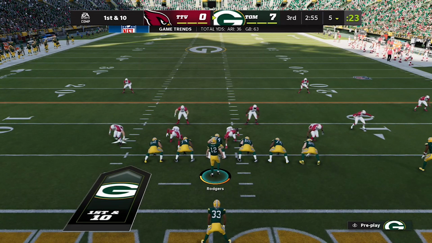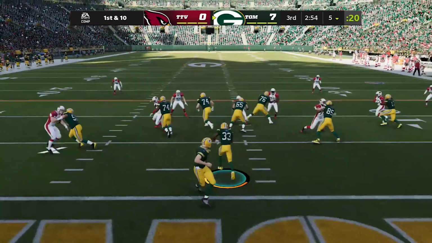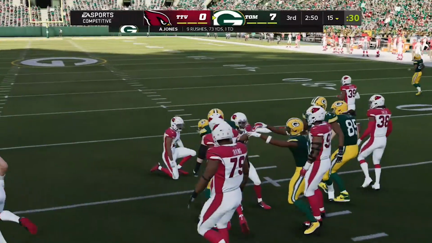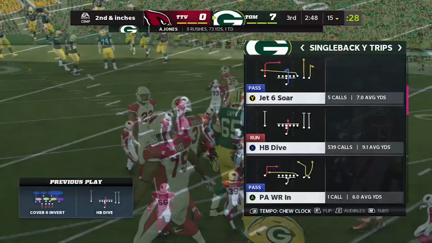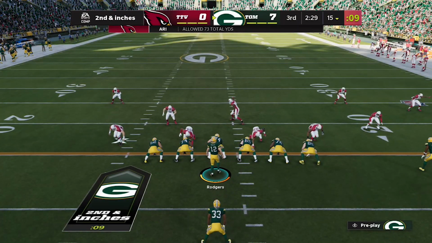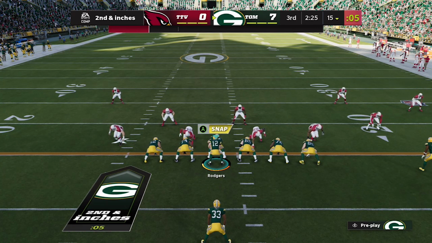So here we are, and there's 2 ways you can do this. I still just use the one-handed, just picking the play, running up the gut, hiking the ball, letting the computer do the work with the chew clock on. Another way to do this, if you really want to run the clock out and make the game go even faster, if you want to pay a little bit of attention, you can